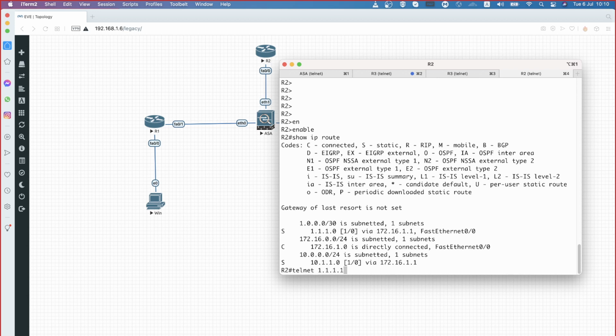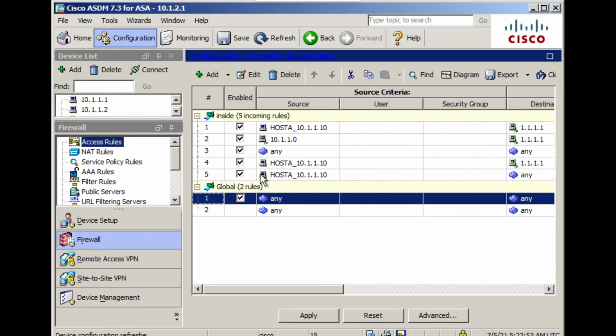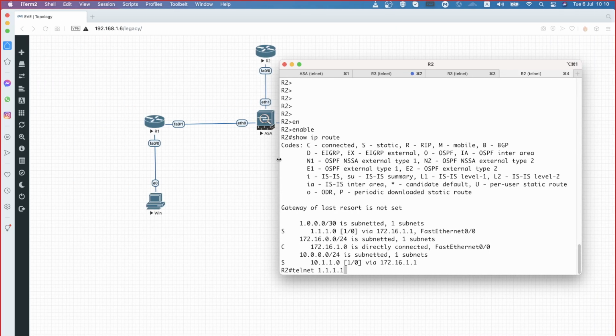Anyway, the security level based 50 to 0 is supposed to be allowed, but according to my rule, that rule is gone. But see here, any telnet is permitted. Am I right? So global rule, when there are no rules associated, or even if you have rules associated to a specific interface, but no rule is matching against the received traffic, only then the global section comes into the picture. Anyway, now I'm just explaining something else.